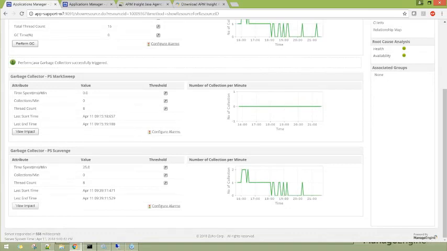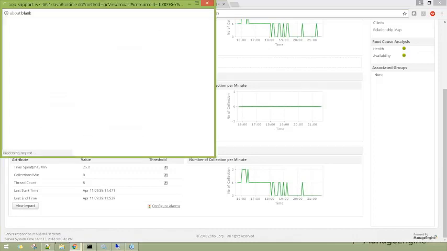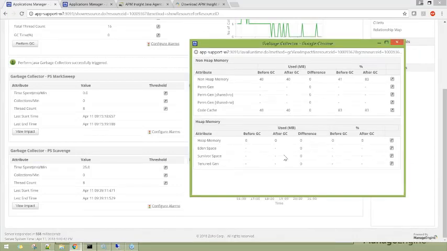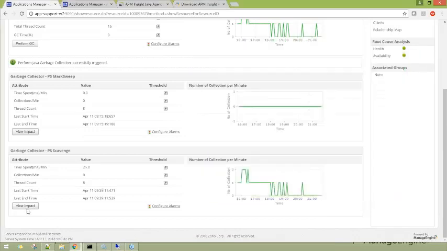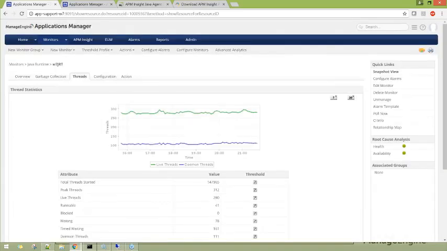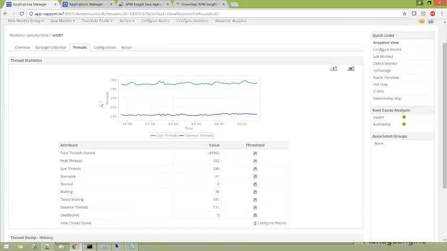And if you click on this button right here, you should be able to see in a new pop-up the impact of this garbage collection activity as is seen on this screen right here. Similarly, clicking on the view impact will show you the impact details for the scavenge. And let us go and click the threads tab, where, as we saw in the presentation, these are the thread